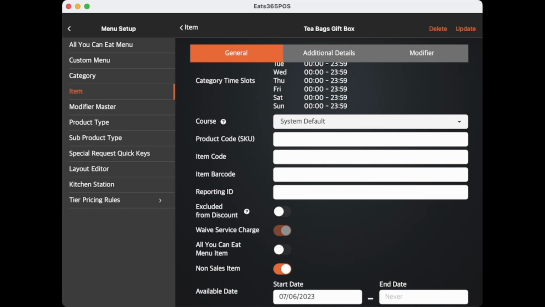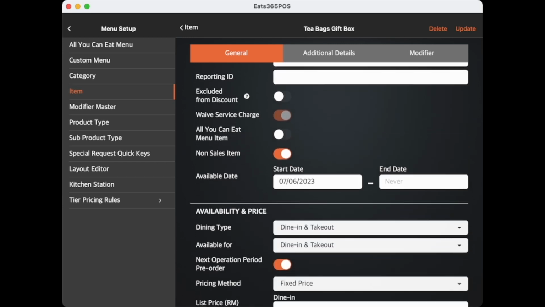Or even if they decided to eat this item in your restaurant, there is no any on-site preparation or even service is needed for the merchant. And hence, service charge will be automatically excluded. And next, for the pricing part,